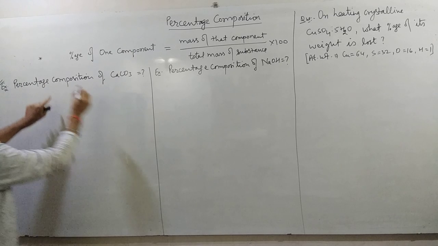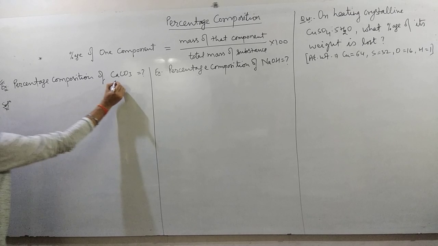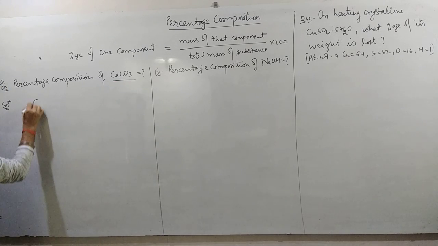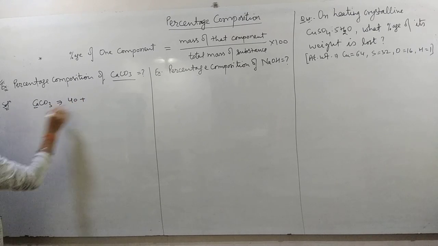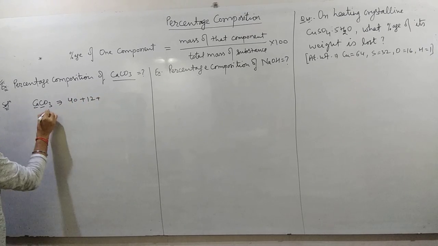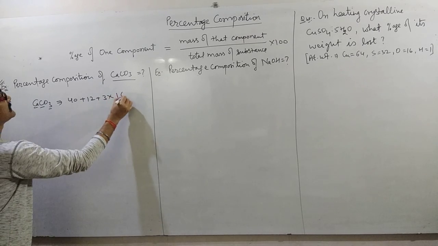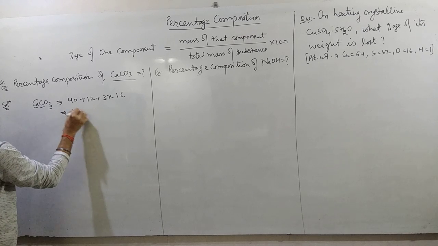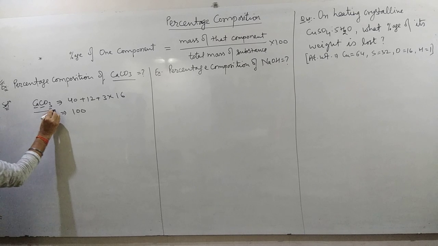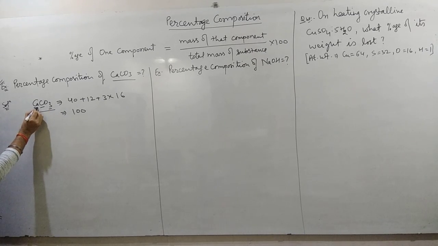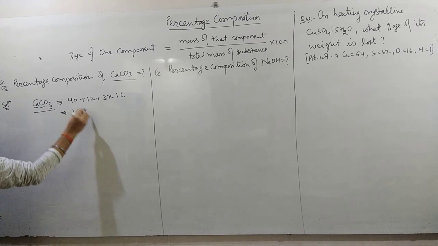To find the percentage composition, first of all, find the molecular mass of CaCO3. Calcium 40, carbon 12, 3 atoms of oxygen, atomic mass of 1 oxygen 16, so it is 100. Now, in this molecule, there is 1 calcium, or we can say 40 gram calcium out of 100 gram of